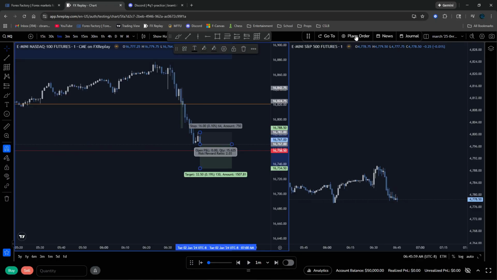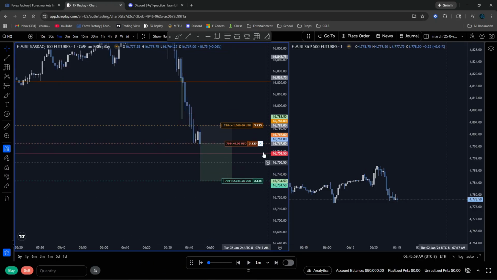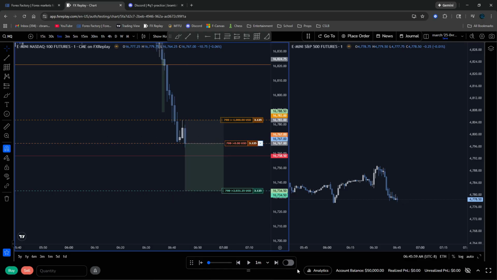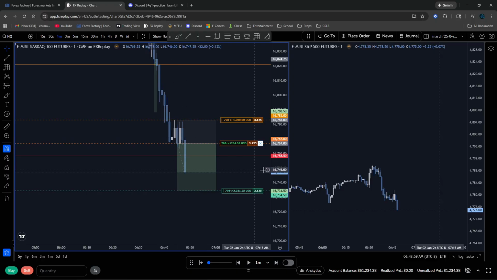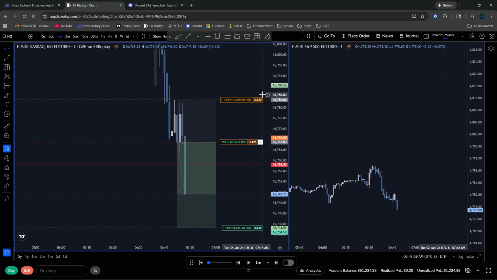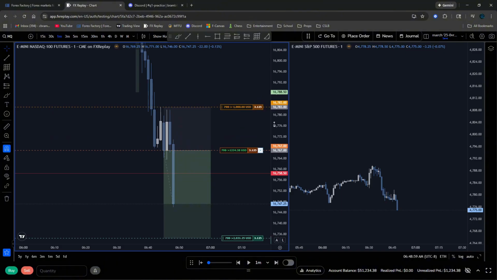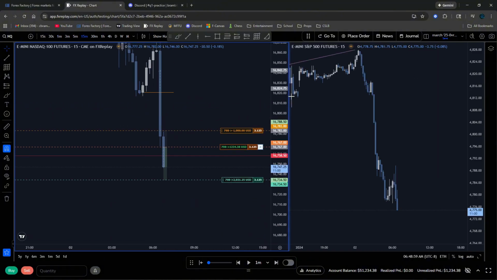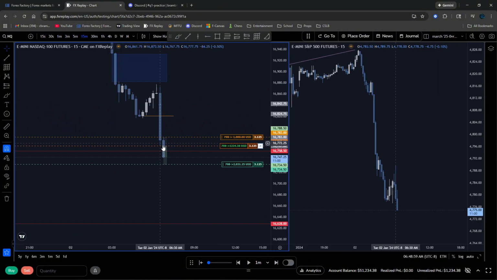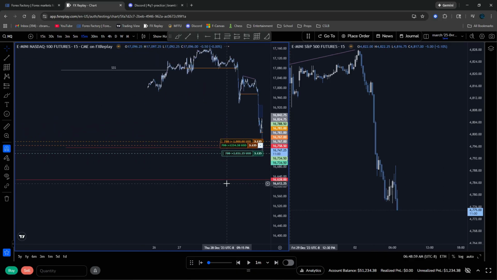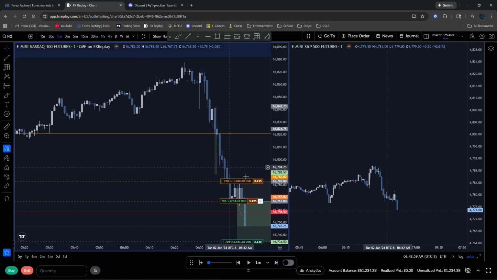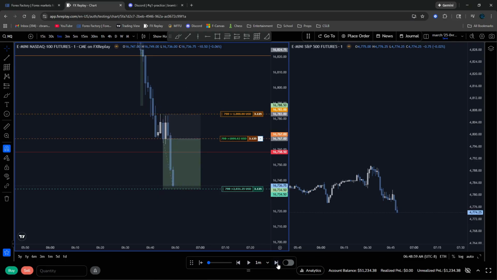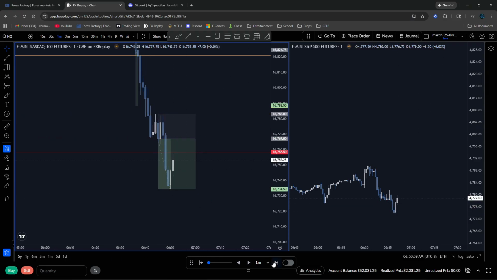9:45, open of a new 15-minute candle. I guess we can pretty much expect to see volatility through, right? Because it is the start of that 15-minute candle. And obviously, after seeing that massive displacement in the previous one, we can pretty safely assume that price will continue that bearish order flow. Yay.